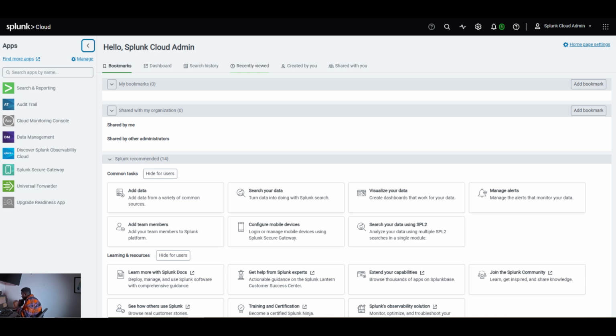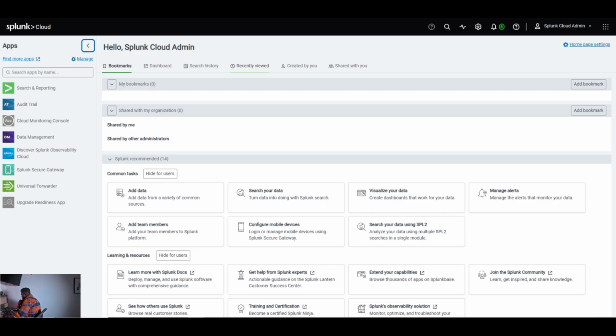At the top of the page, you will find the navigation bar. Here you can search across platforms, access notifications, manage settings, and even switch between different Splunk applications. This is actually your main navigation area. Right now you're looking at the home page, which provides shortcuts to common administrative tasks. Let us take an example of the first one on the left, which is Add Data. This Add Data function allows you to connect new log sources such as Windows event logs, Linux servers, firewalls, cloud services. Now, since a SIEM relies entirely on data,